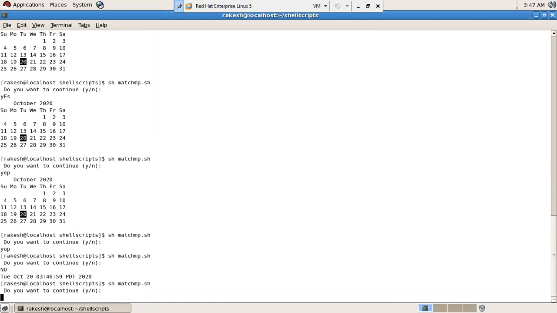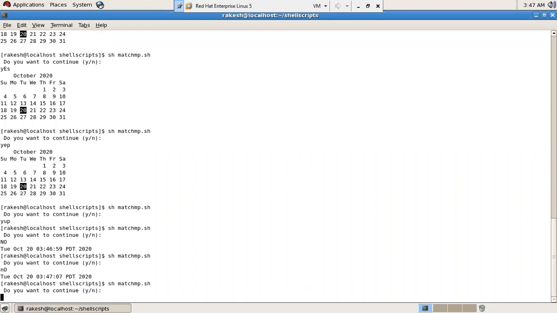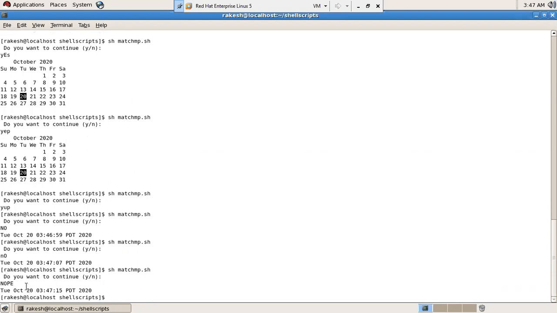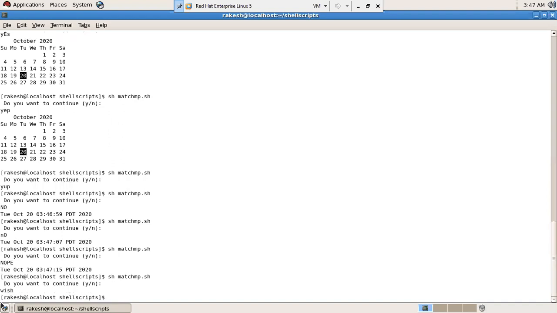Then again it displays, or because of star, NO followed by star. But other than these two, say for example, anything else, it comes out because of exit.